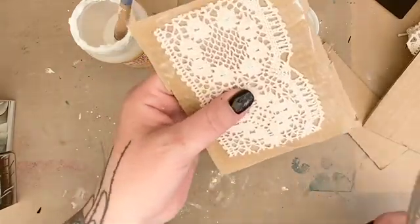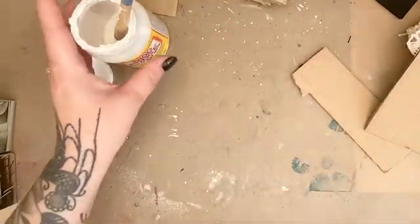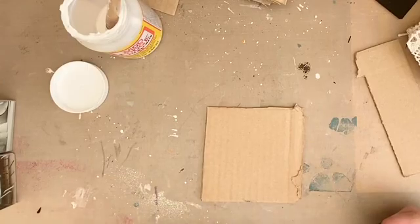So what I'm going to do is cut round and take most of this cardboard off, but I'll do that once it's dry. And then I want to do one with, I've got some of this